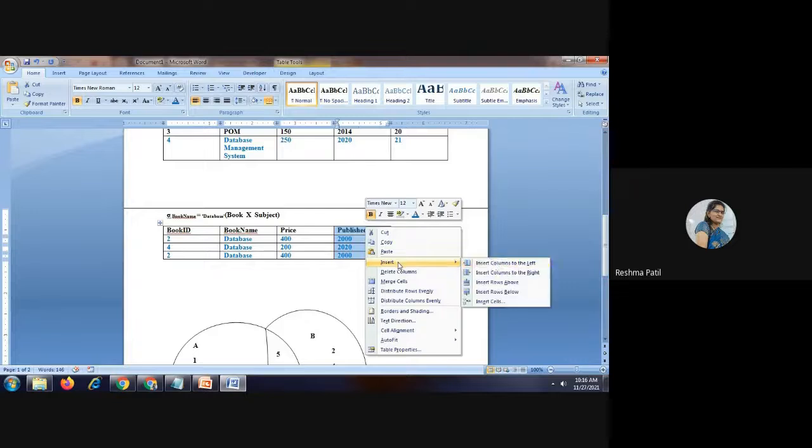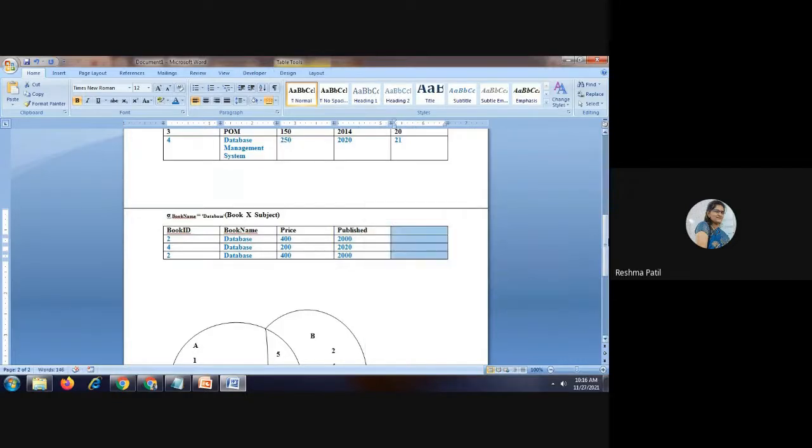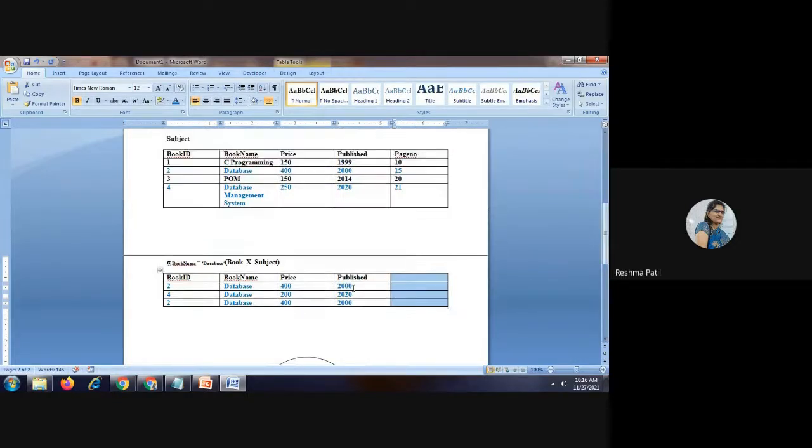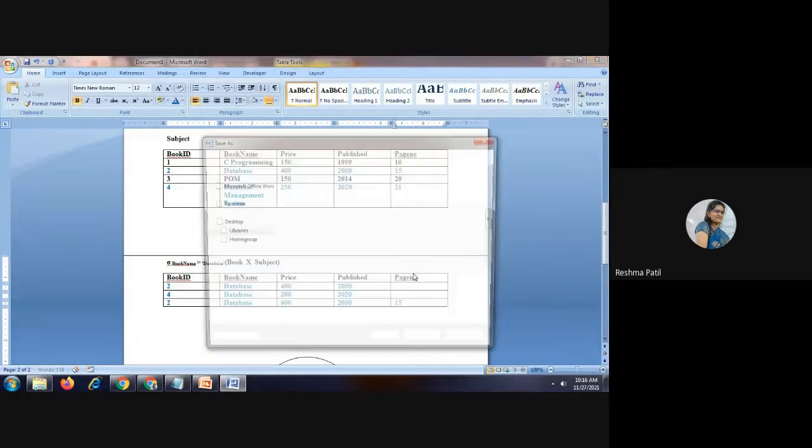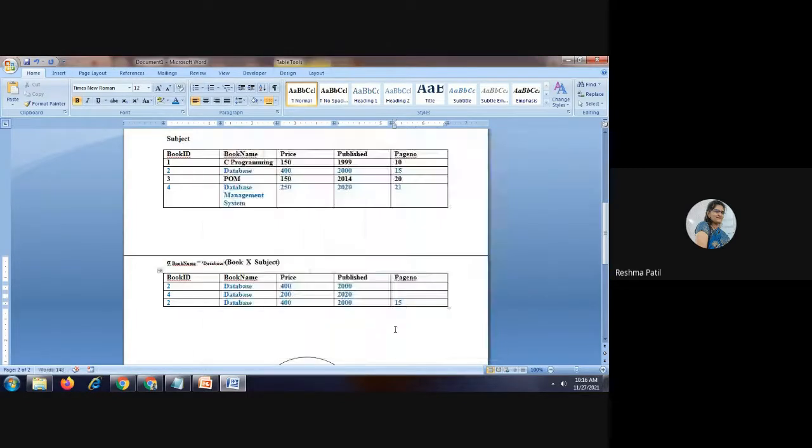If table 1 does not contain this type of value, page number, where is the record of table 2? I think only this last one is the record of table 2. So here we will show that value, 15. So the Cartesian product is also used to merge the attributes.